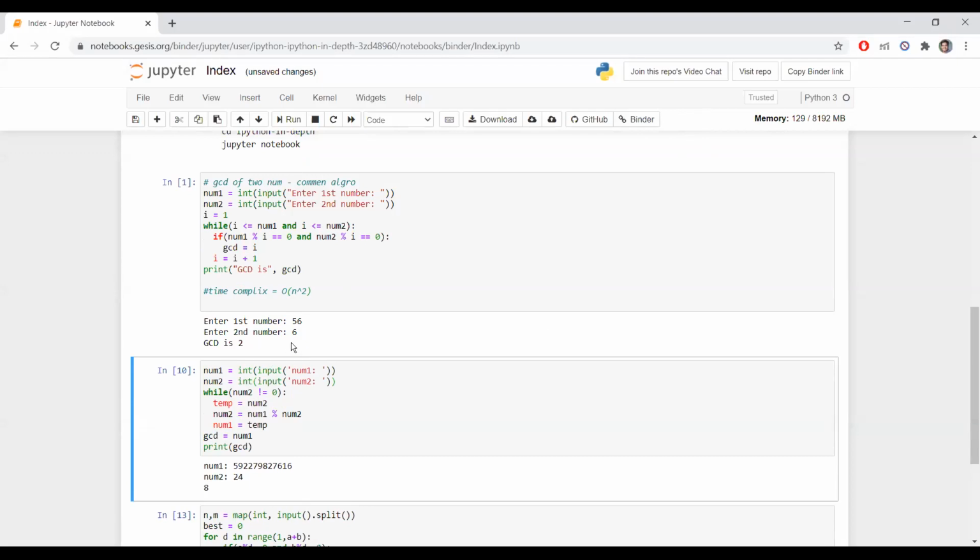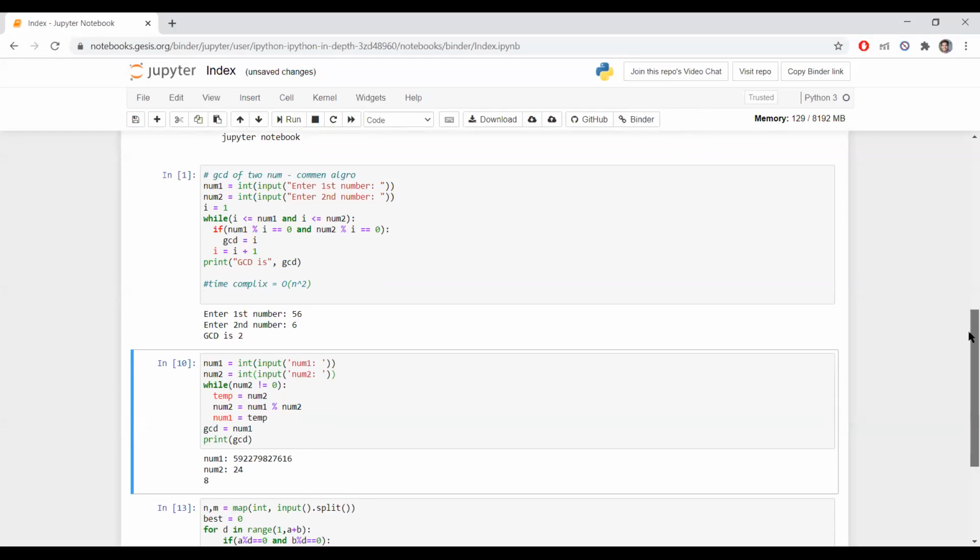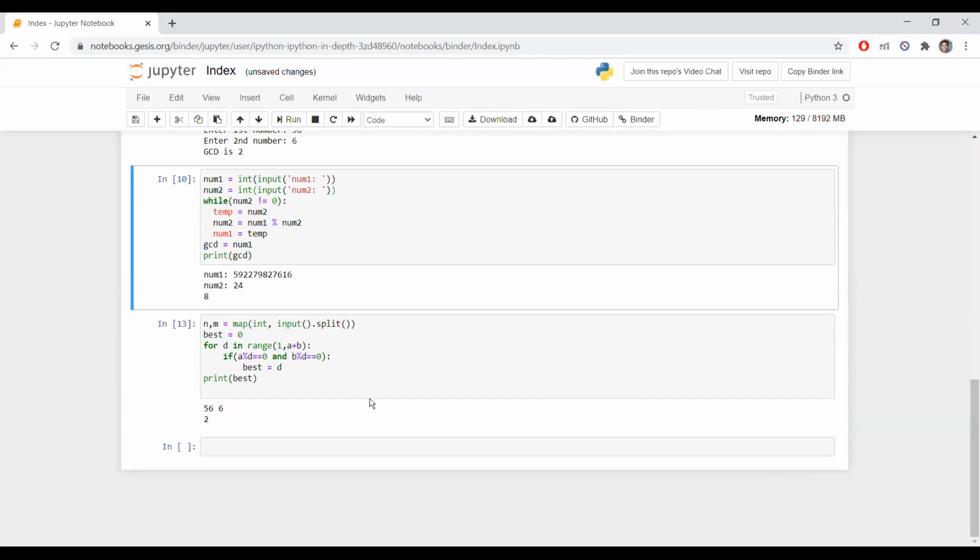So this is a common algorithm that is used by all the users across the world, but the time complexity is big O of n square, that is much larger than the optimized one. Now we go for an optimized one.